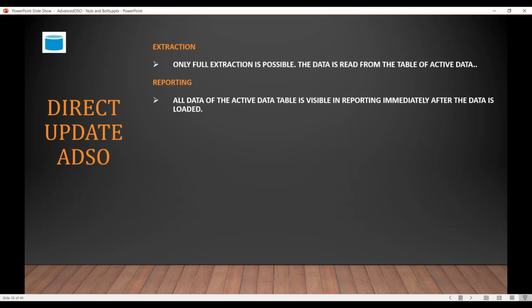And for reporting, it is also done only via the active data table, and as soon as the data is written to the active data table, it is available for reporting. So this is all about the Direct Update ADSO. Next, we will look at the different properties, which is the write enabled